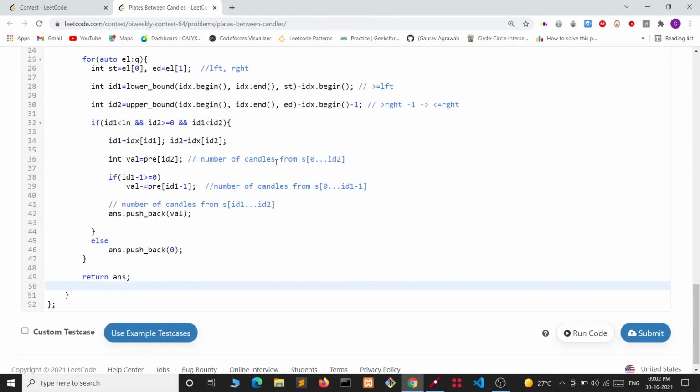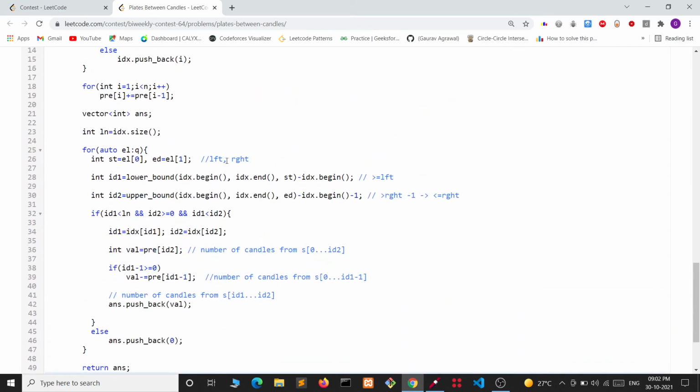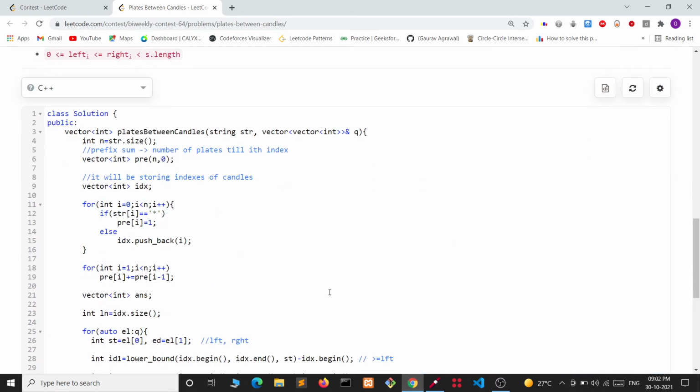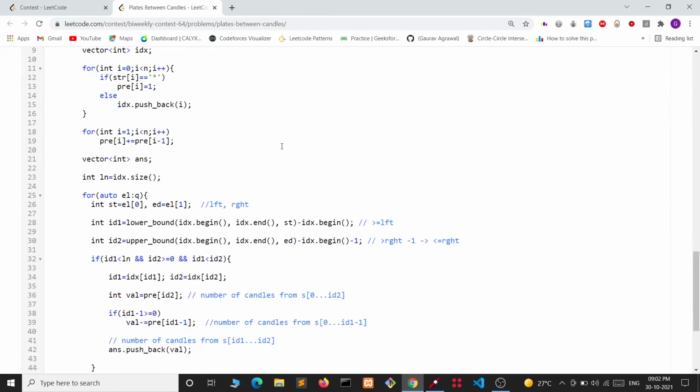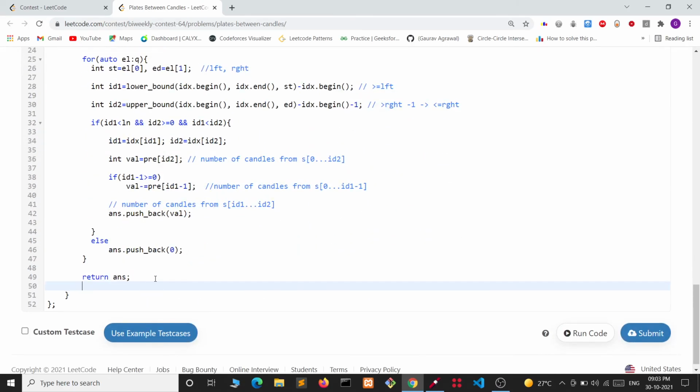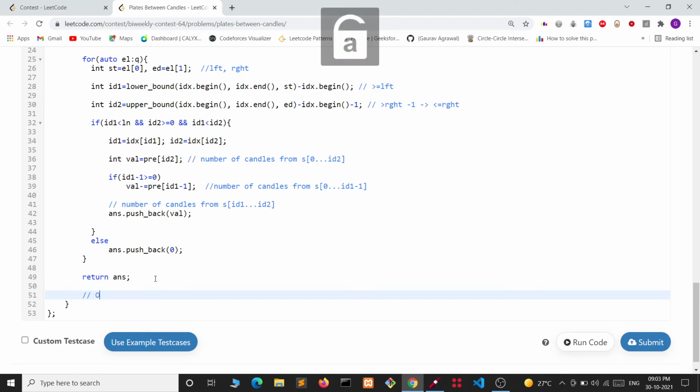That's it. The complexity of this program will be O(n + q log ln).